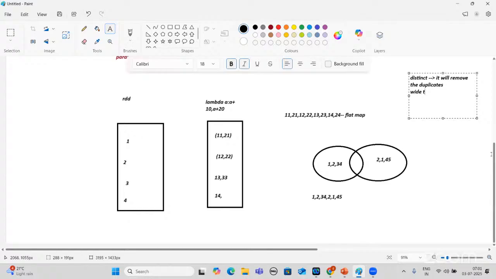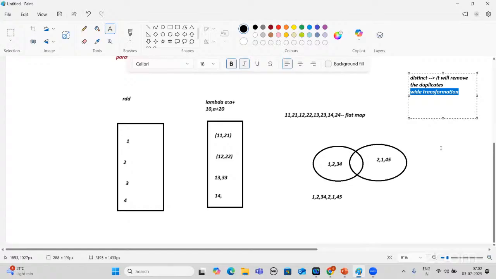a wide transformation. So if you seriously require that, then only we need to use the wide transformation. If you don't require anything, it is billing, right? Everything comes under billing. If I use a wide transformation, the cost of the transformations is going to increase. The billing is going to increase. So if you really require wide transformations, then only you can use it. If it is done by a single, what you call narrow transformation, then you can use the narrow transformations only.